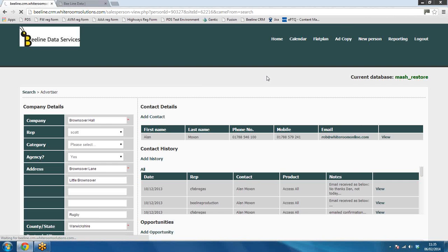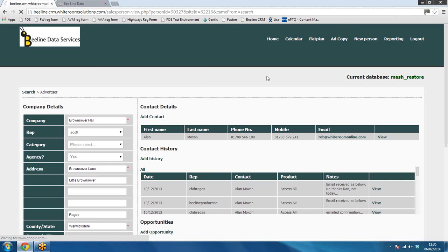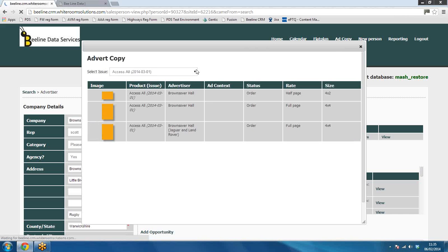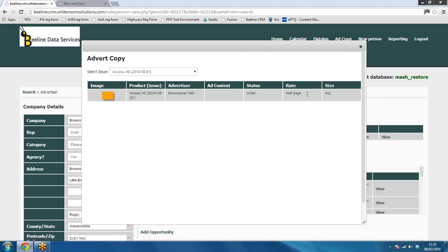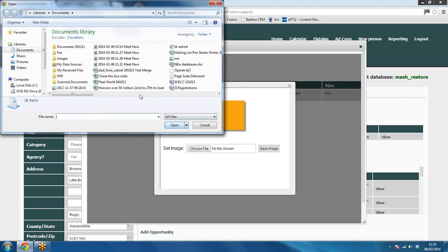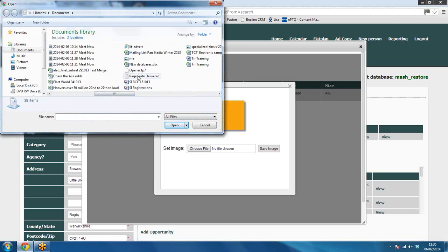So now we go to the place where we can find out how to upload the actual advert image and view it on the page. And we go to the add copy page to be able to do that. This page will allow us to view what's been sold against each issue. So we go to August 2014 and we can see the sale here. And we can also see that that is still orange, which means we have no copy or image for it. It is still just reserved space. That's quite easy for us to change. Once we've received the image, we click on that, and this will allow us to go into our folders where I have an image ready,